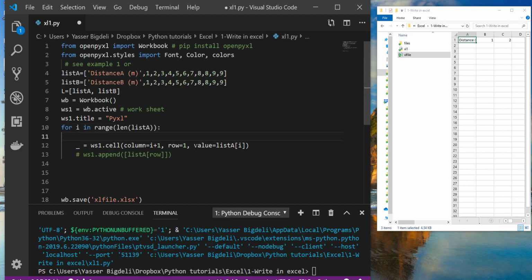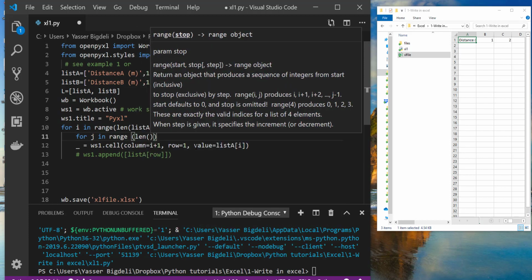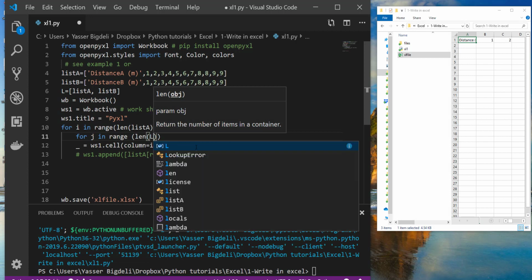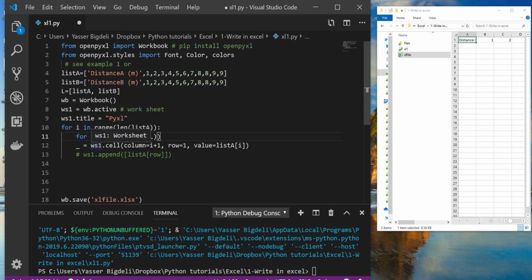Okay, then come here and say for J in range of the length of L. Then you're saying for J plus 1, so 0 and 1 are going to be 1 and 2, so 2 columns, and then you are saying value as L, J, and I. And we want our row, we want 2 columns actually. So I plus 1, and then if we run it,